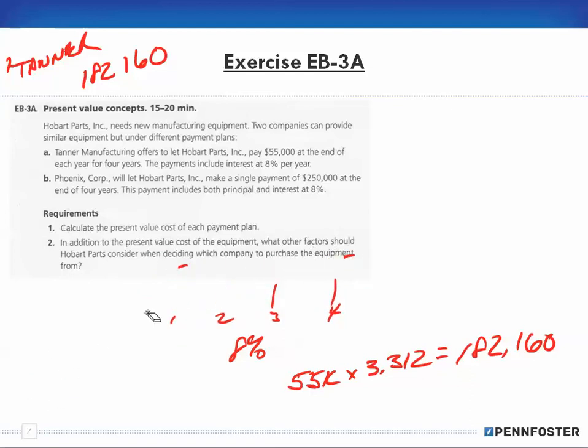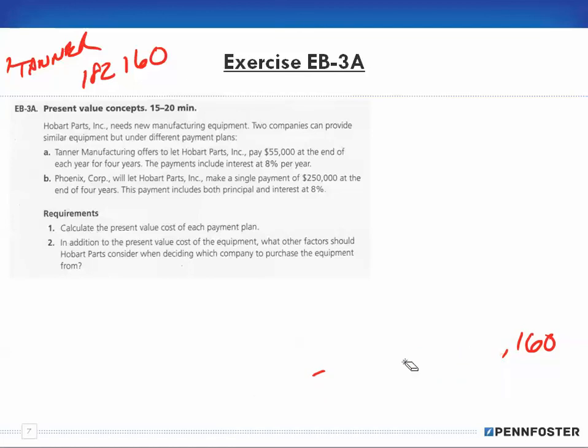Okay. Oh, I'm sorry. Make sure you rewind and pause that video if you want to copy all of that down. Sorry about that. Okay, so now when we look at Phoenix,